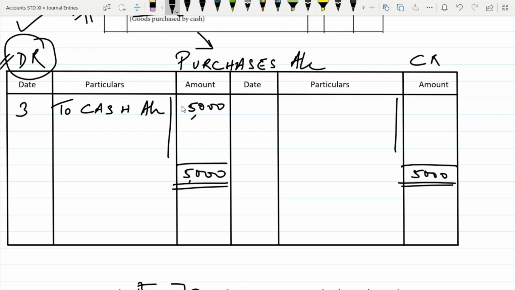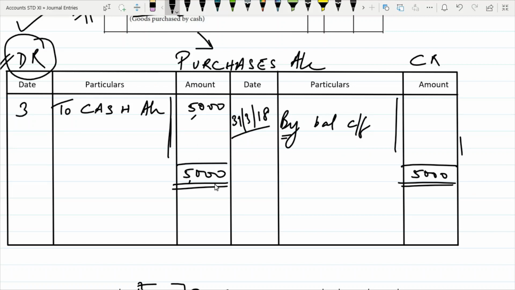Now, this total, that is the debit side total and the credit side total, is it the same? Is there 5,000 here? No. So what we do is we put something called a balancing figure now. So towards the end of the month or end of the year, we close this ledger. When we're closing the ledger, we put the date, so 31st March 18. Now on the credit side here we'll start with by. Okay. So by balance carried forward. Now you can say carried down or you can say carried forward. Either of the two you can use, but you have to use only one.